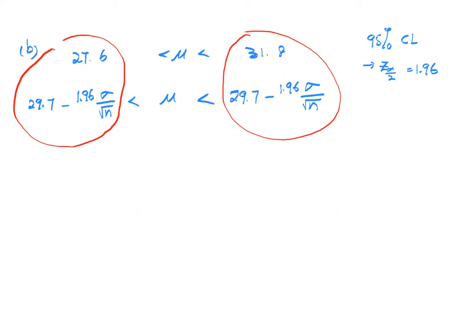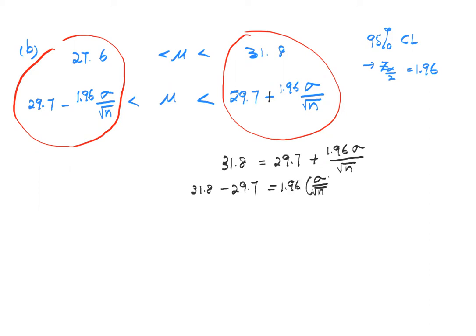So I'm going to use the right-hand side. So I will say 31.8 is equal to 29.7 plus 1.96 times standard deviation over square root of n. So 31.8 take away 29.7 is equal to 1.96 times standard deviation over square root of n. Therefore, my standard deviation over square root of n will be equal to